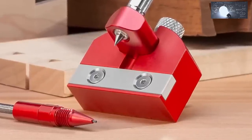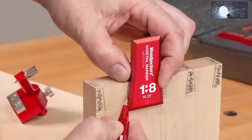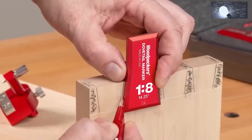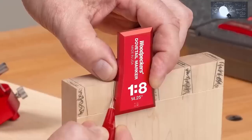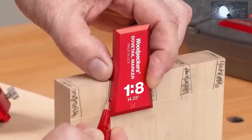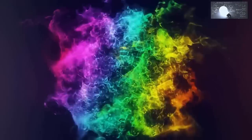The perfect complement to the joiner's marking gauge, the dovetail marking gauges are precision machined from a solid billet of aircraft-grade aluminum and are available in 3 classic angle ratios. Paired with a joiner's marking gauge,